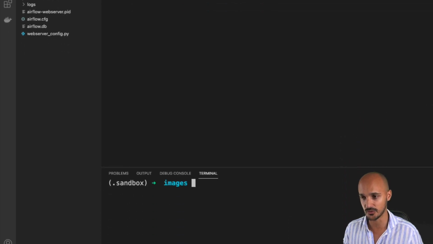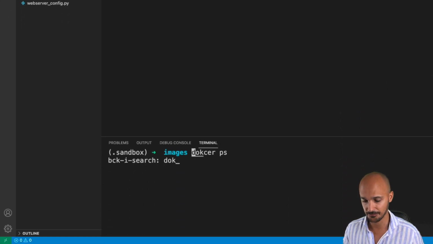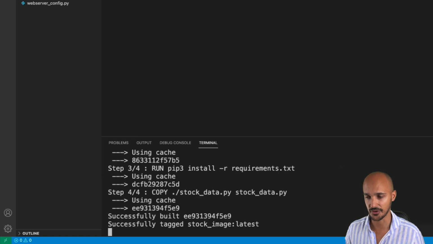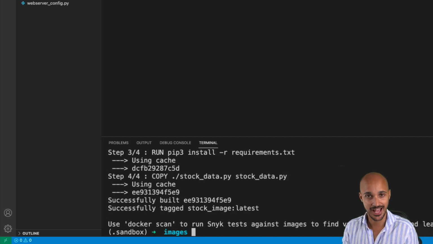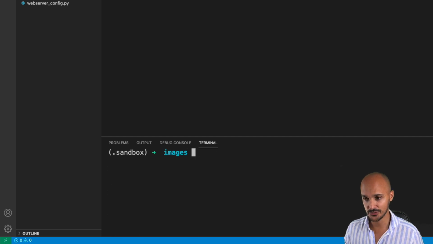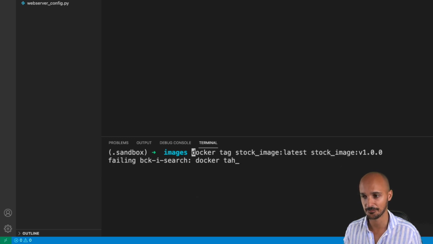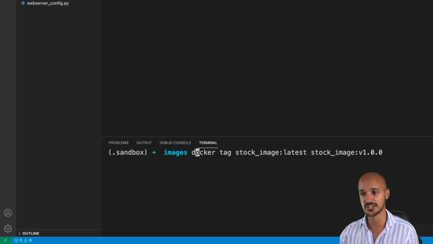Once you have that, you just need to build your Docker image. So in your terminal, you will type docker build -t stock_image, the name of your Docker image. If you hit enter, you can see that the Docker image has been built. And now you need to tag your Docker image. I strongly advise you to do that. So basically you type docker tag stock_image:latest, which is the version by default, then stock_image and the version